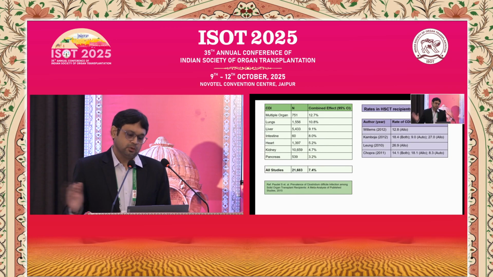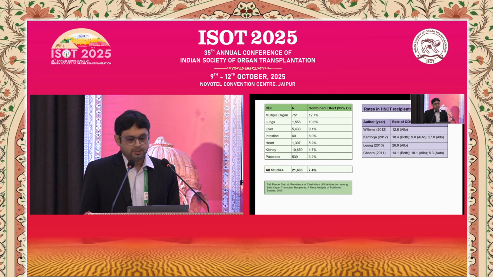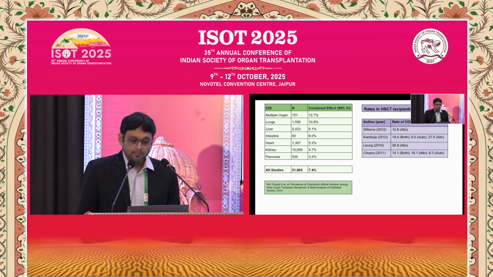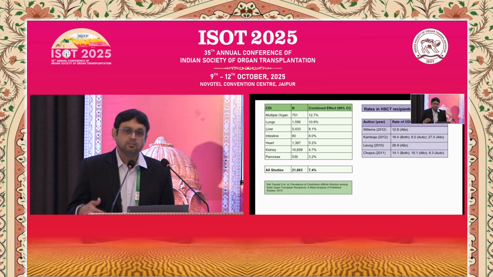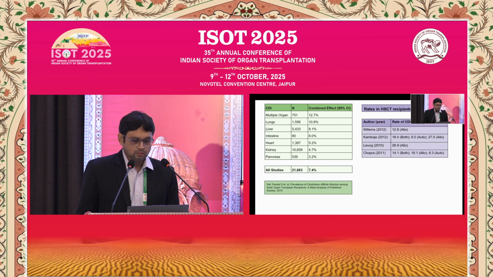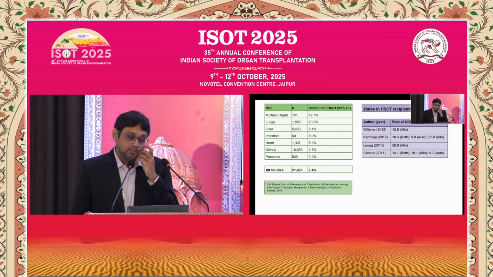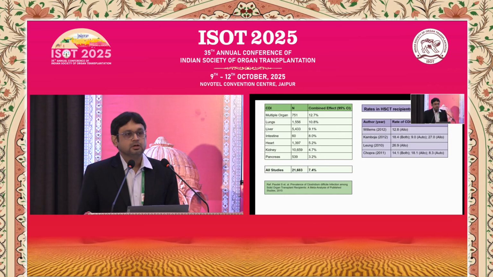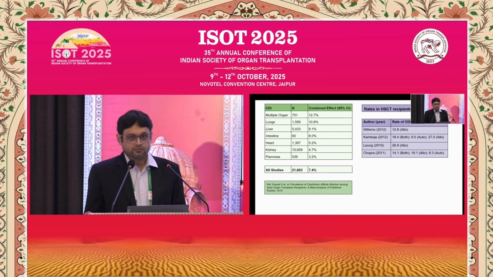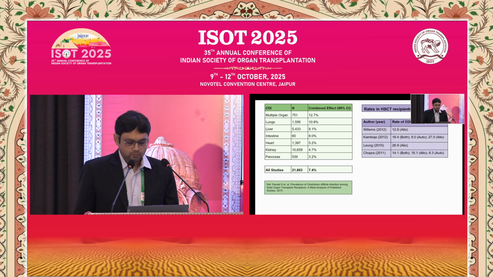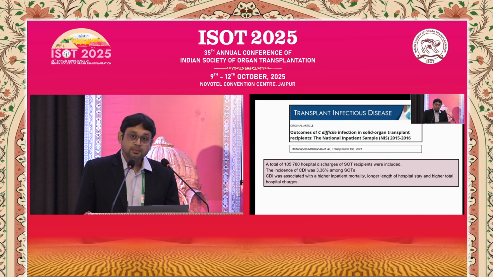Now on the right, I have put numbers in the bone marrow transplant patients. So it's not as high as in the HSCT recipients, but it is still considerably more than what you would see in your other hospitalized patients or especially immunocompetent patients. And again, in this meta-analysis, multi-organ transplants had the highest rates, followed by lung transplants. Traditionally, renal transplant recipients don't have very high rates when it comes to C. diff. Not just the incidence, but the mortality is considerable as well.